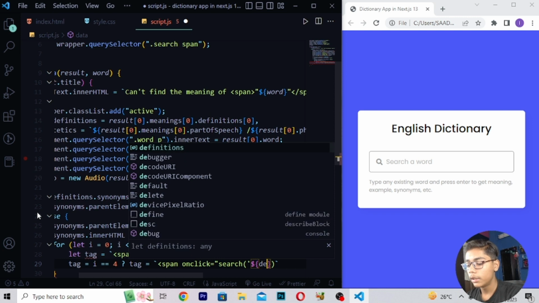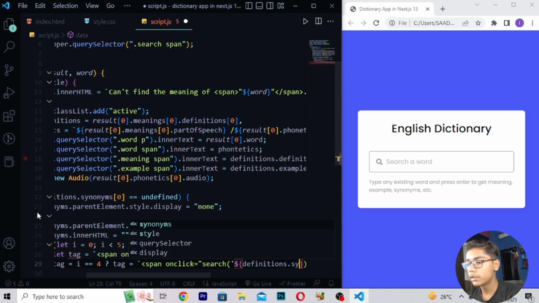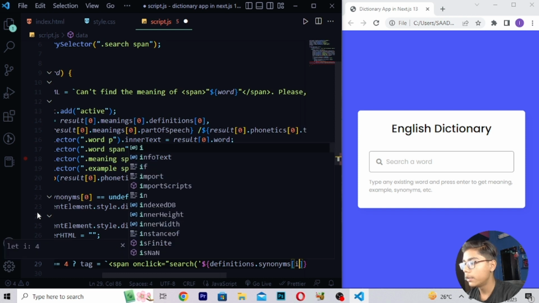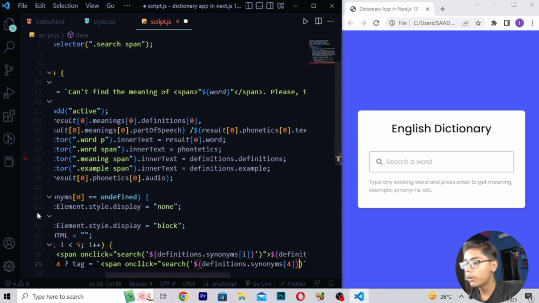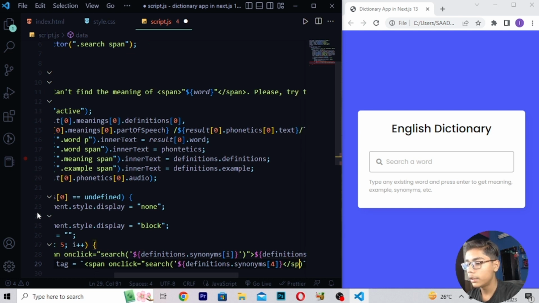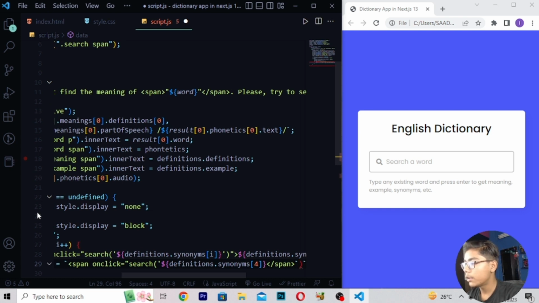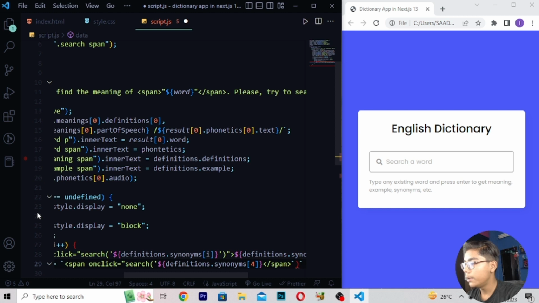Now when you've written this, I'll be writing this tag, write only one colon, then here I'll be writing definitions. So simply here you have to write definitions, then you have to just write here synonymous like this. Now when you've written this, here you have to now just do one thing, here I will be now writing a tag which will be like I tag, or you can say 4, and when you've written this 4, I will be just now moving here, and then right here span like this. Now when you've written this thing, just I will be closing this tag here, and after closing this you have to just do one thing, here I will be now just, you can see we have written this thing, so here I will be writing I tag. Now after writing this I tag, here I will be just now closing this by writing this tag, then close this bracket from here, then I will be writing this tag, and then you have to do like this.